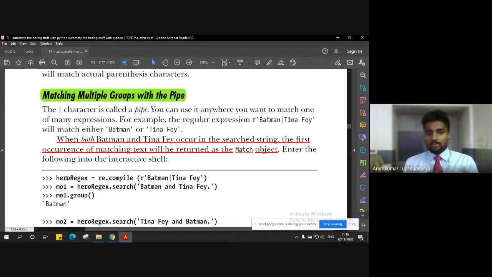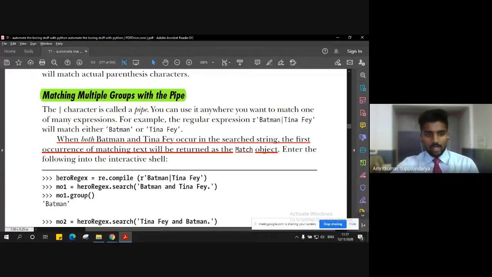This is by using the pipe, right? So pipe, as you must have already used it for an OR operator, parallel operations and those things. Likewise, pipe helps us to identify multiple regular expressions if at all they are there in the main text, the main message that we want to process.